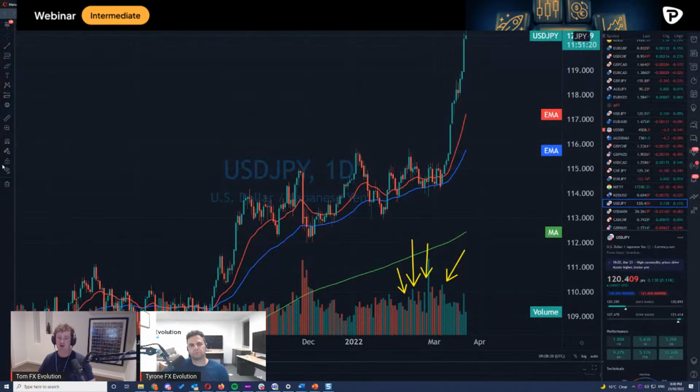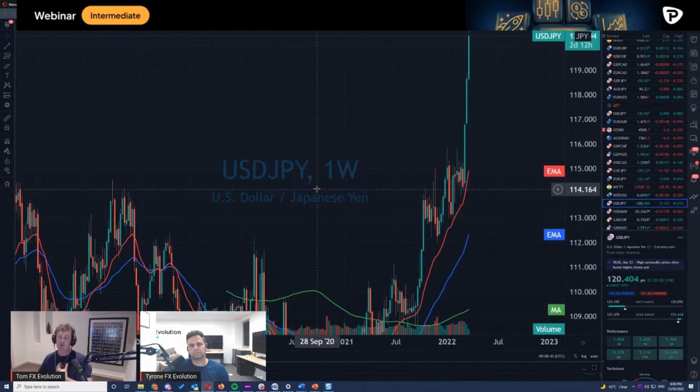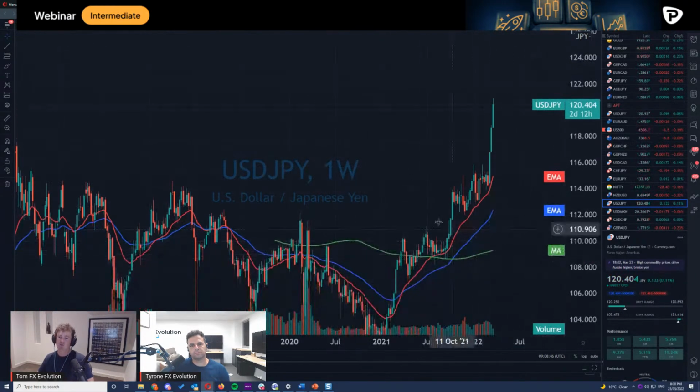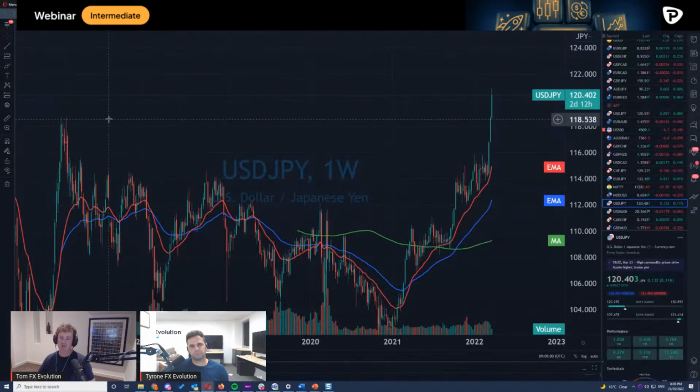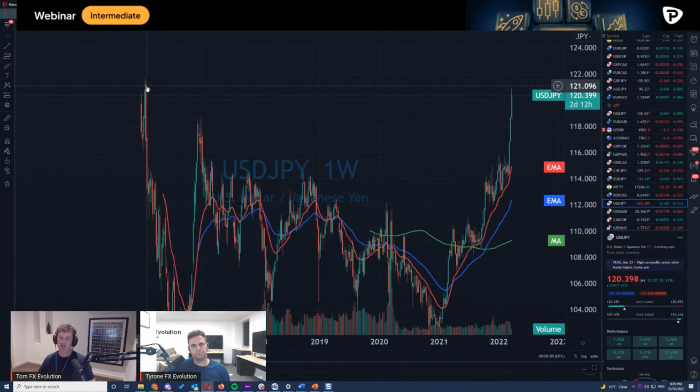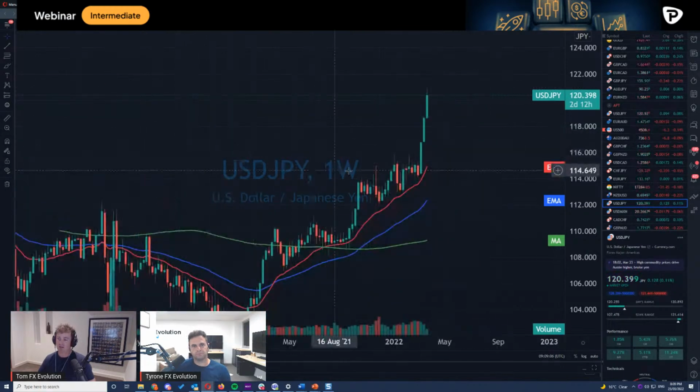So there was an increased amount of volume showing us that there were a lot of transactions going on in that particular time frame. Now, if we break this out to a weekly as well, this is what we call an amazing chance for participation. And when this broke in the middle of March, the 7th of March, what actually occurred was we breached past an incredible area of resistance. And we can move then to the next level, which is something around that 118, and of course where it's getting to right now, which is up near that 120 level.